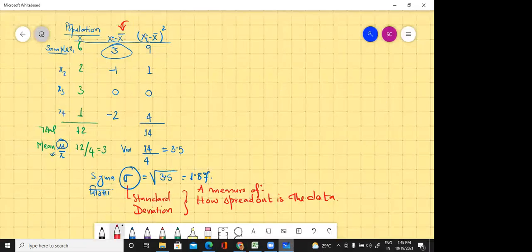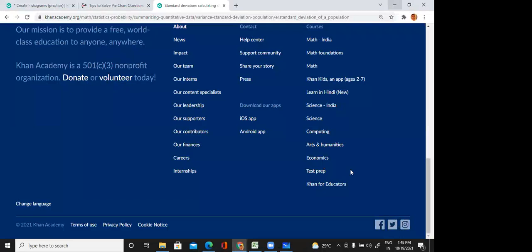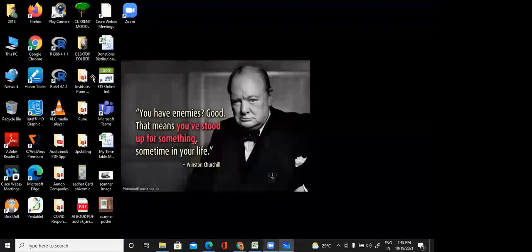Let us see some graphs. I think graphs have been ignored till now in practice. So let us see graphs. Box plot. We will also see box plot. Let us start with